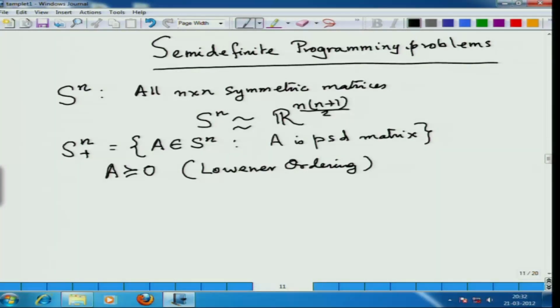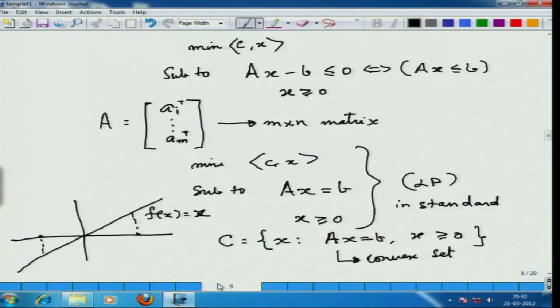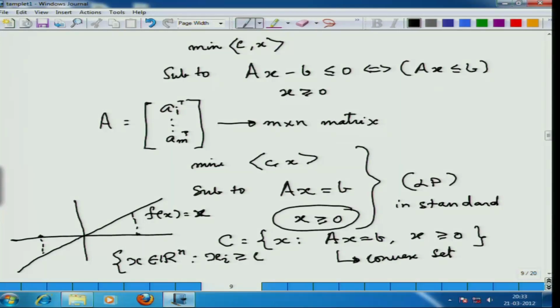Now, let me go back again to this linear programming part. When I am writing x greater than or equal to 0, what is the set it is representing? It is the set of all x in R n such that each of the components xi is greater than or equal to 0. This set is called R n plus,